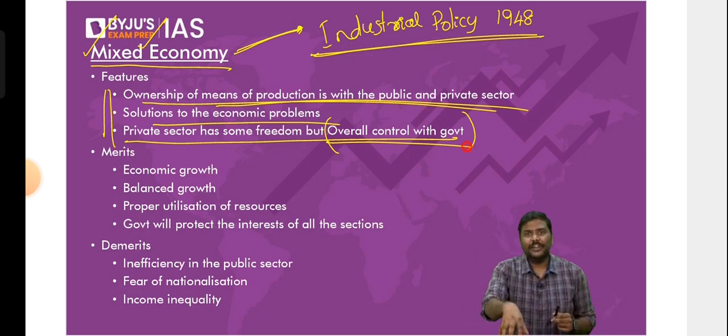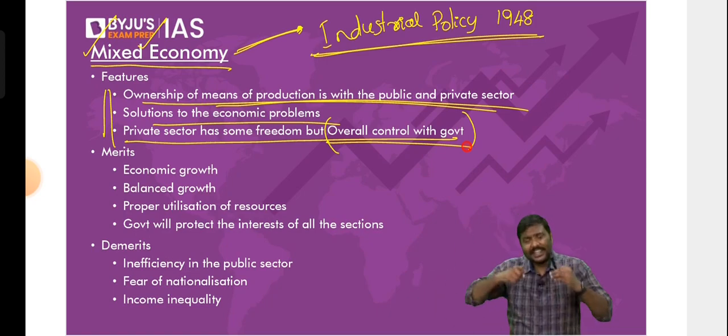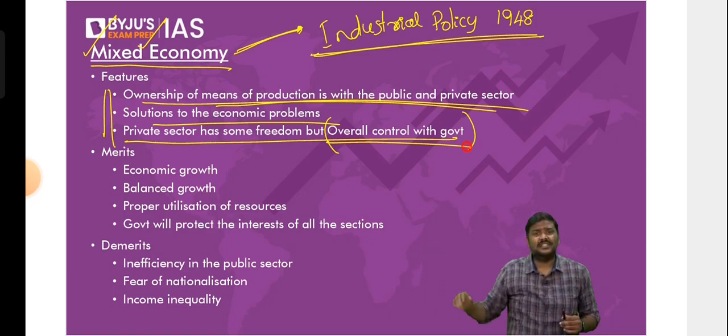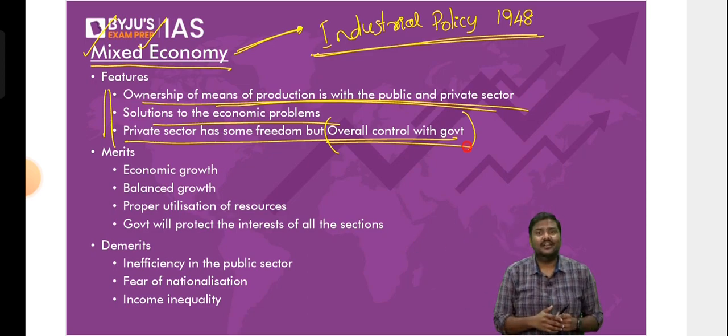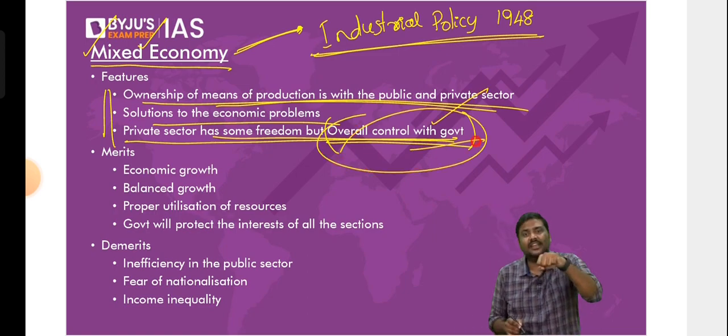Of course, yes. Today, if government of India wants, they can simply announce that no private sector company is allowed to produce liquor. They can do that. If government of India wants to, they can simply announce that government will not be conducting any operations of the railways, and will allow operations of the railways only to the private sector. Can the government do that? Of course, yes. So remember this: the participation is there from both private as well as the government, but overall control of the economy is always right there with the government. That is, the reins of the economy are always with the government.